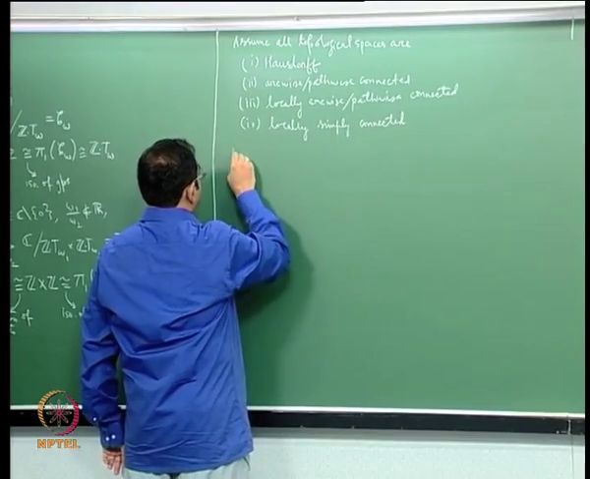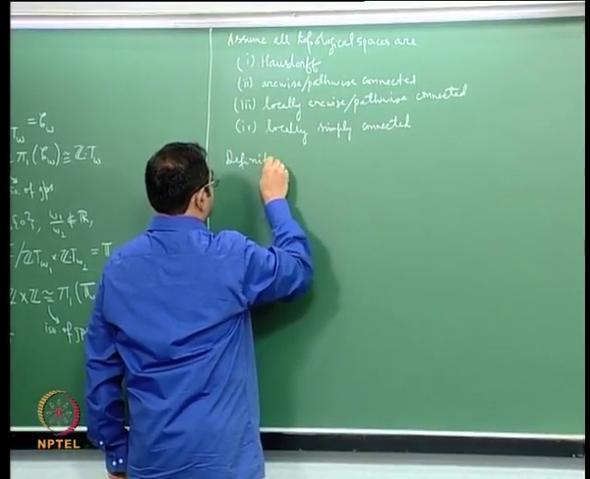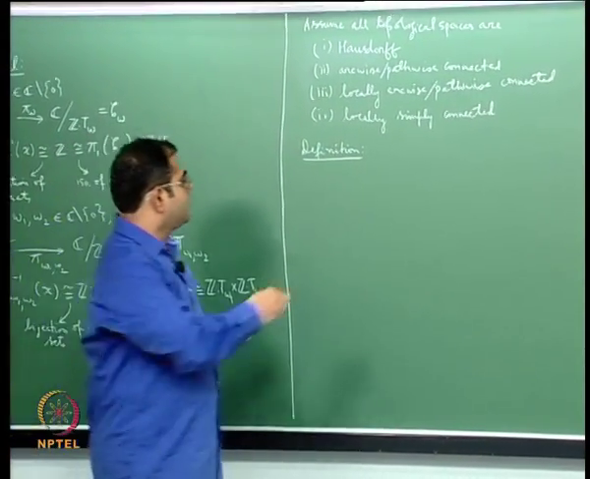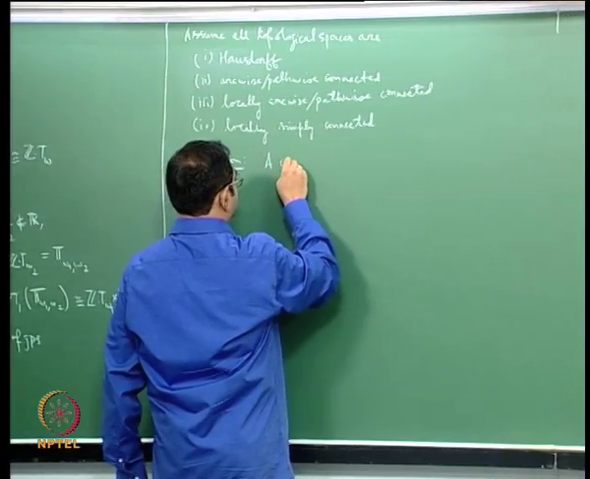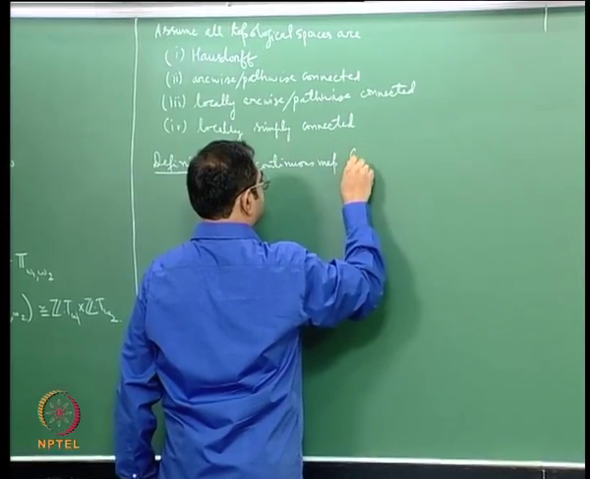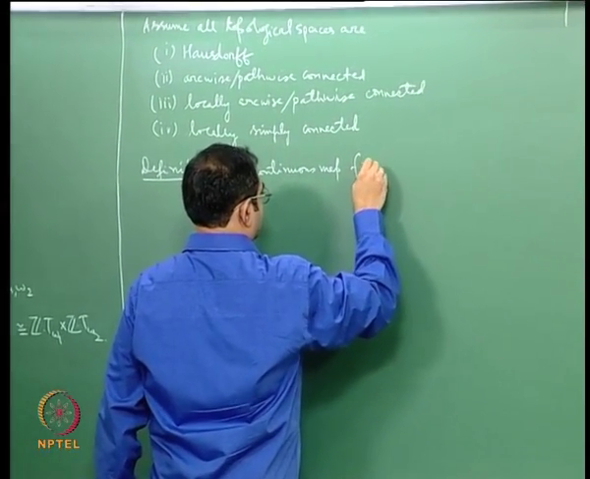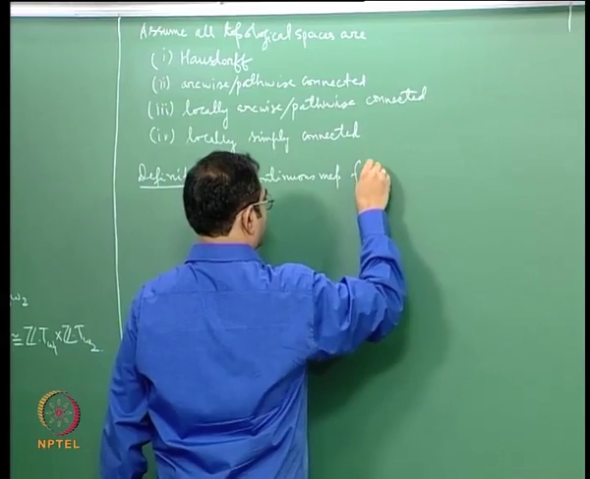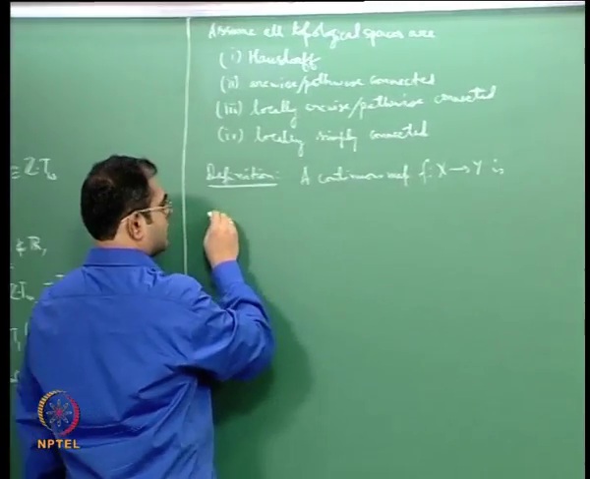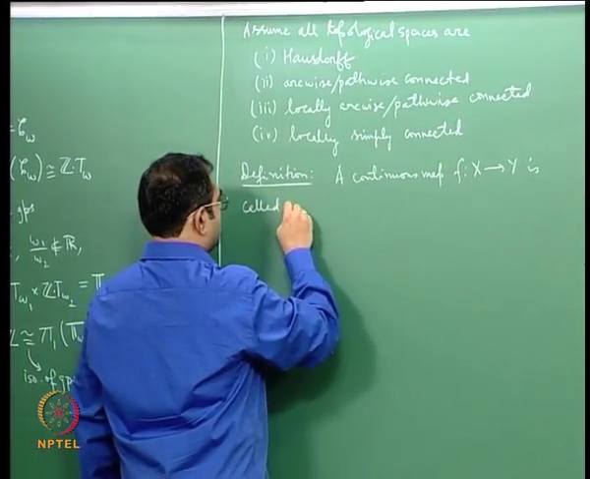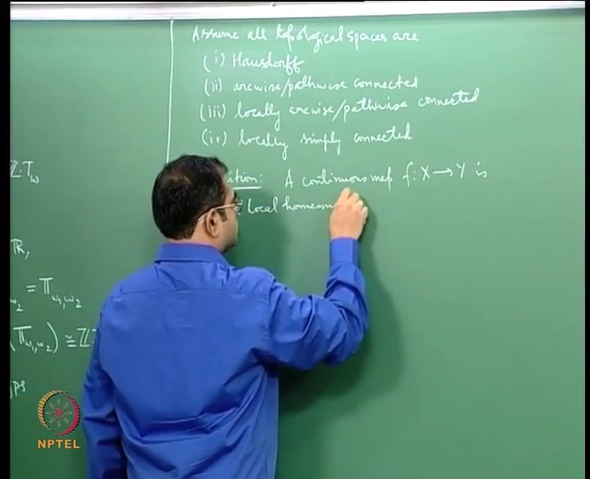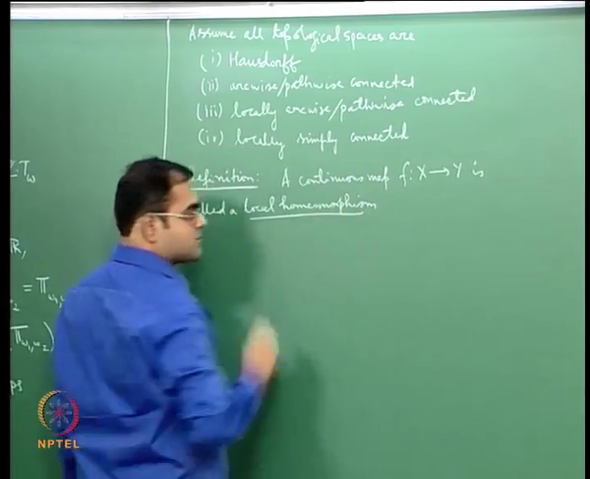So I will make the first definition. The first definition I want to tell you about is that of a local homeomorphism, okay. So a continuous map f from X to Y is called a local homeomorphism if